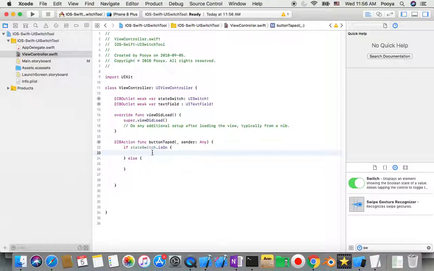Okay, and here I just say, okay, my text field text be updated by switch